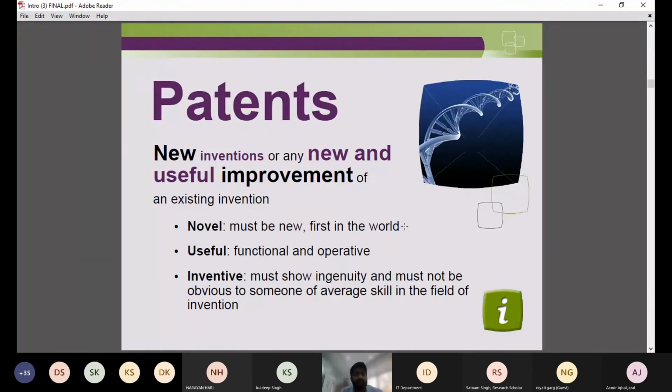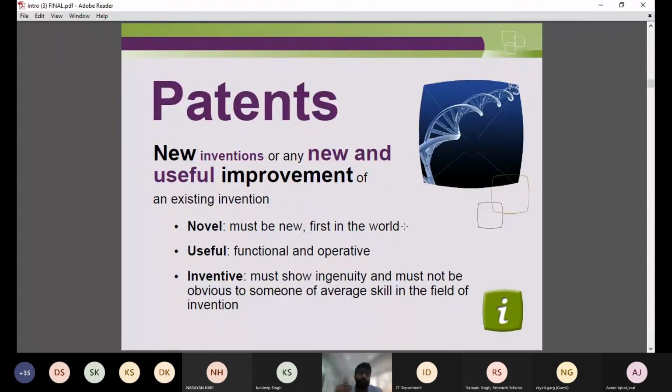It is not necessary that every time you have to invent something out of the box. You can simply look out for the problems around yourself, problems in the classrooms where you are sitting right now, problems in your houses, problems in your cars, because those old technologies have already been invented, right? But still there is scope for improvement in every technology. That's why we see continuous technological advancements, right? The kind of smartphone we were using in 2010 or 14 maybe, and the kind of smartphone we are using in 2022, there's a huge technological gap, we can say, right?